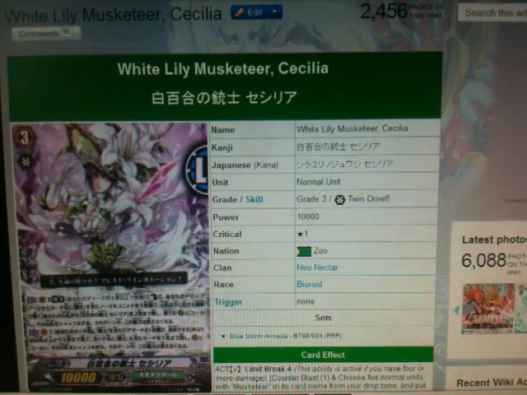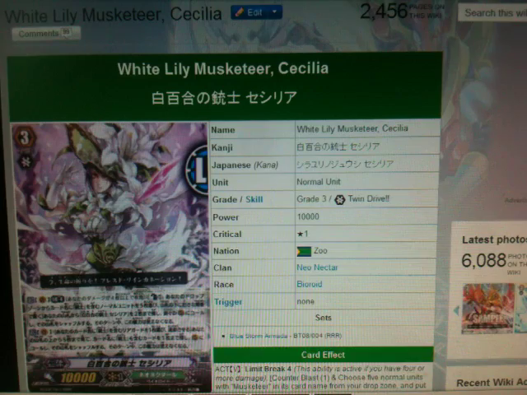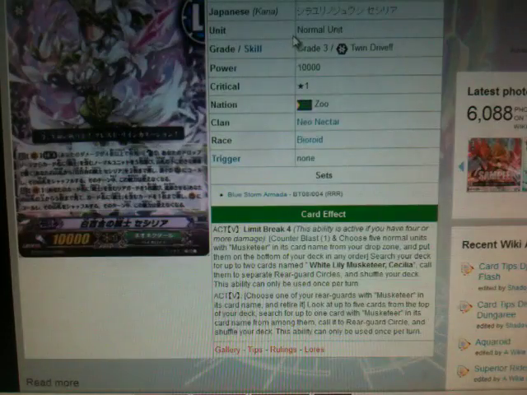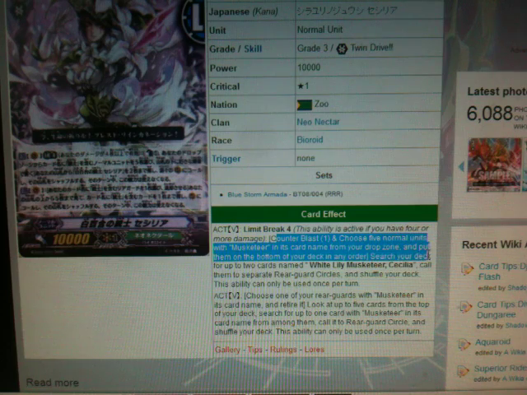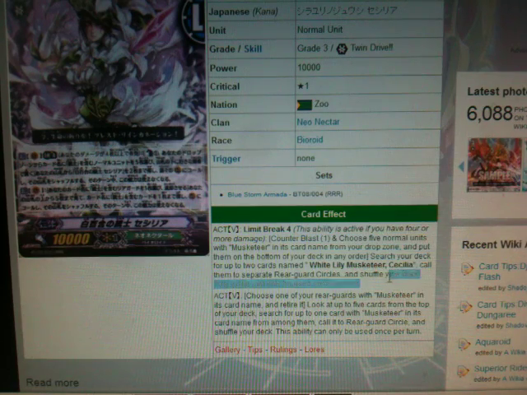So moving on. White Lily Musketeer Cecilia. Yeah. Pretty card. From Neo Nectar. Limit Break 4. Counterblast 1. Choose 5 normal units with the name Musketeer in their name from your drop zone and put them at the bottom of your deck in any order. Search from your deck